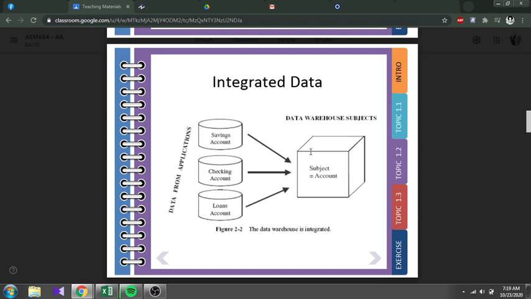So let's say we have student data kan. Student is a subject, so consists of maybe your registration of subject, your details of past semester result, your fees, everything you have paid or not, macam tu lah. Maybe record of this. Yes, if you live in this college or not, if you receive any bantuan ke apa ke, so that is